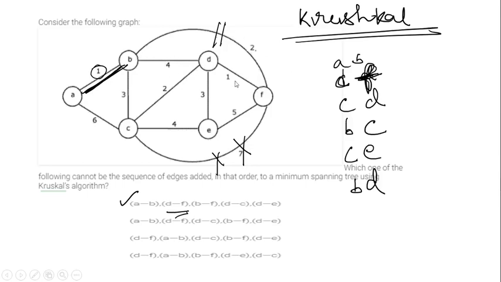Instead you can delete this one, but this is a direct connection between 2 edges. Whether you can delete a direct connection between 2 edges or not, we have to see. Whatever we have learned, that among 2 vertices, if a parallel edge is there, the maximum one will be deleted, right? That is what we have learned. But anyway, considering this is a parallel edge, let us delete it.